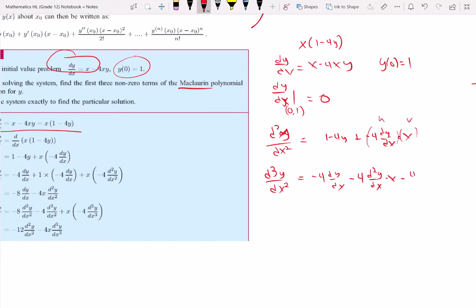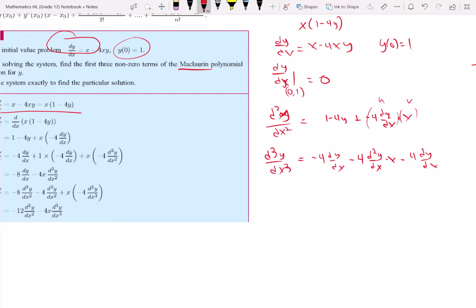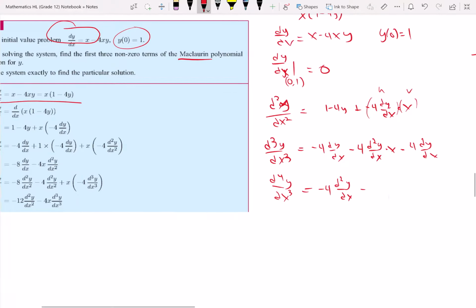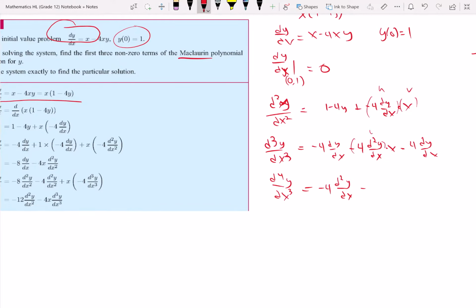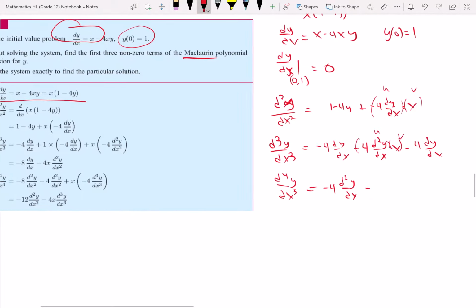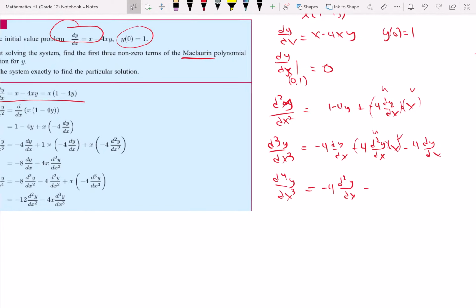Basically, it just turns into 4 dy/dx. And then, again, the fourth derivative would be taking the derivative of this, which, if I take the derivative of this, I get negative 4 times the second derivative. This one requires the chain rule. So again, it will be u v, and that would be,